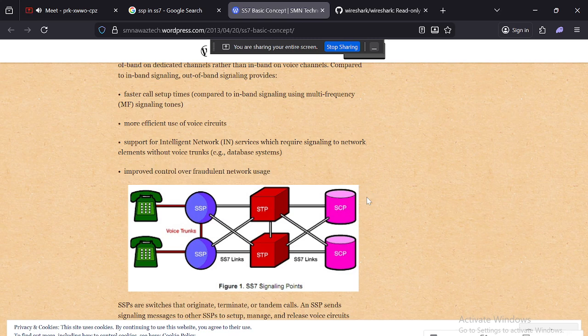When you use Tails OS, Overnet, and other proxies like these, they give you fake locations, a masked identity, a masked home location register, and a masked visitor location.